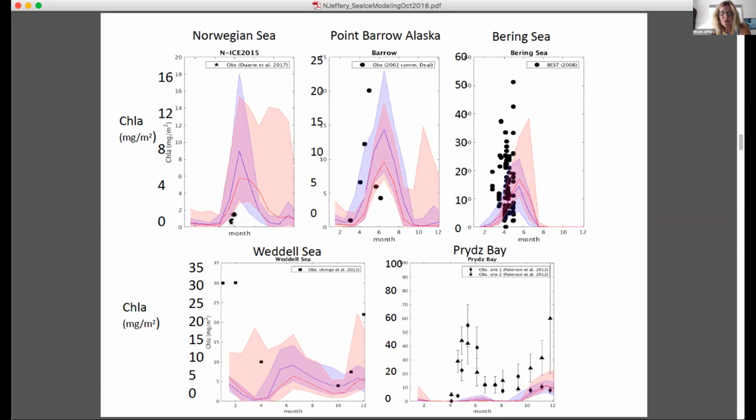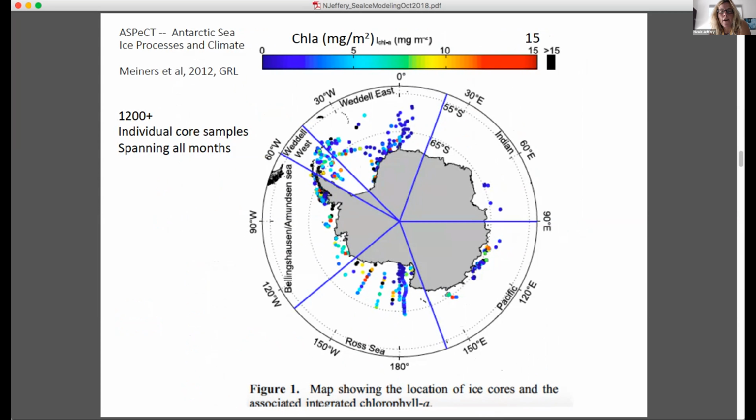And you can see we do all right in some areas and maybe not so good in some areas. The blue line and the red are just different parameter values for the fluxes, a tuning parameter in the sea ice biogeochemical model. We seem to be doing okay, but it's still very difficult to get an assessment of how we're doing throughout the regions.